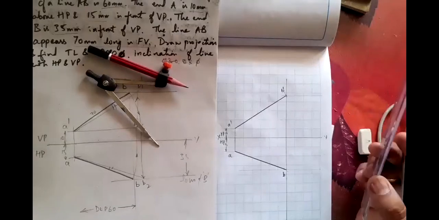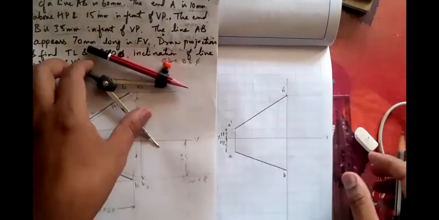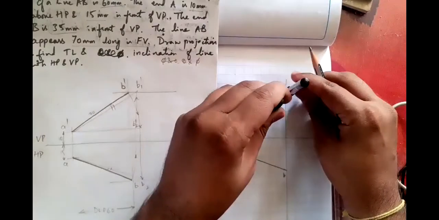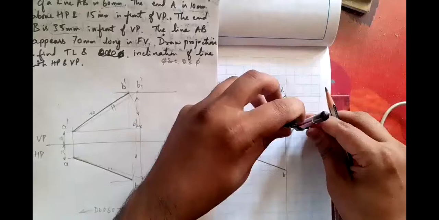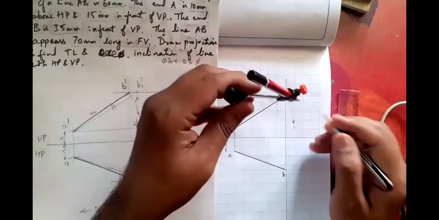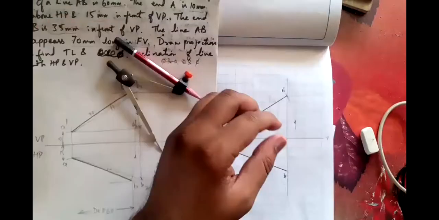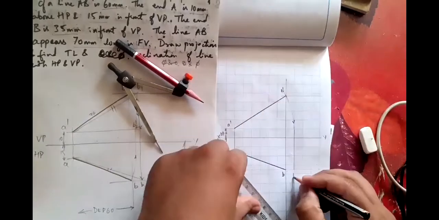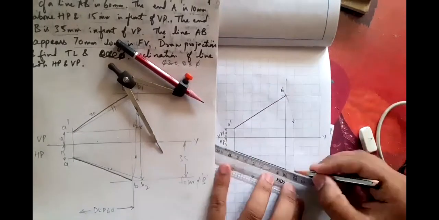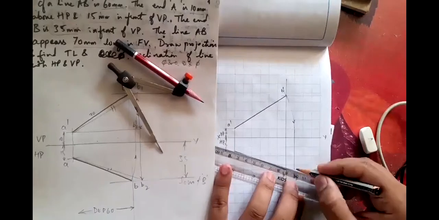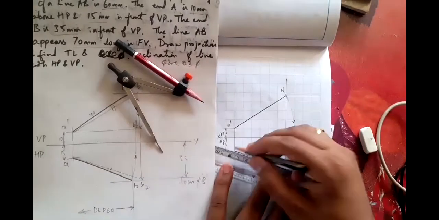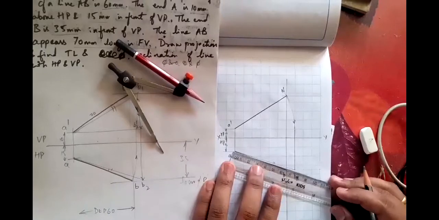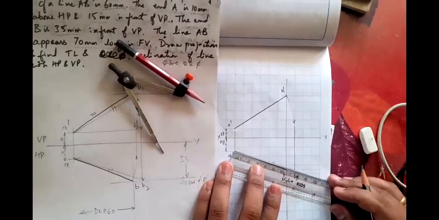Sir, locus of B dash. Front view, I'm going to drop it till here, and here I will be pivoting it downwards and represent B2. I'll not confuse you. On HP, I'll always keep it as B2. It can be B1 also, and I mention this as parallel, the same dimension as true length. It is 74 for me, 73, 74, 74 for me.